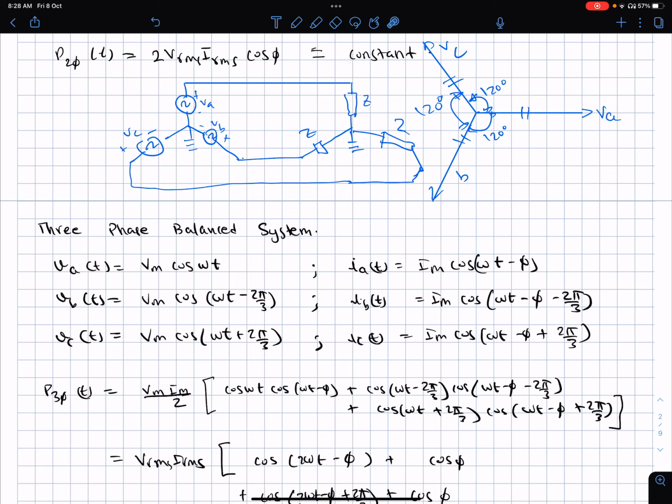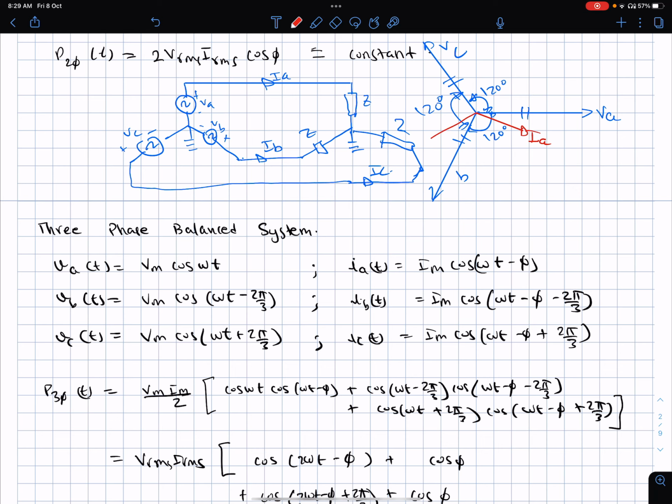Why is it called a balanced system? Because the source voltages are balanced, and the three-phase loads which are connected to them are also balanced. So it is easy to see that if this current is IA, this current is IB, this current is IC, then the three currents will also be